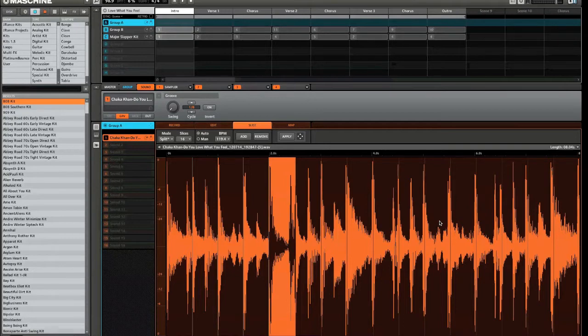Okay, so when you select edit, now you have the option to adjust your slice points, or your markers, however you want to define these. So I can just make small, minute adjustments to perfect the slice. So now that sample that was in question, I just made a small adjustment, and now when I trigger it,